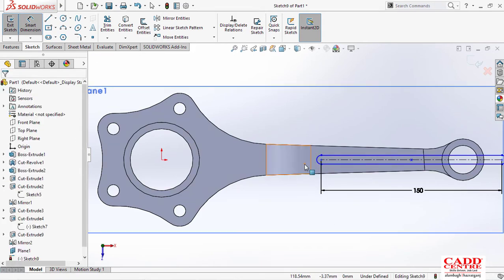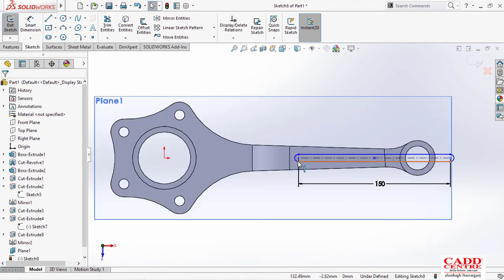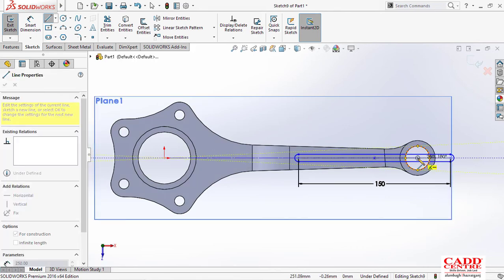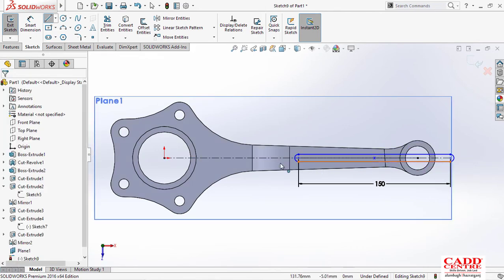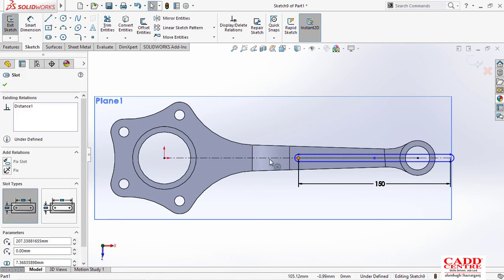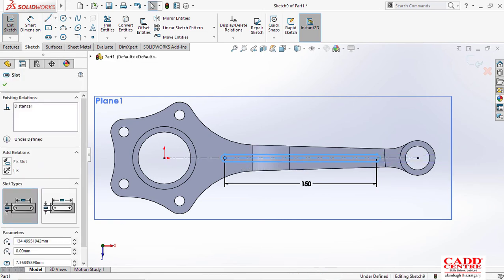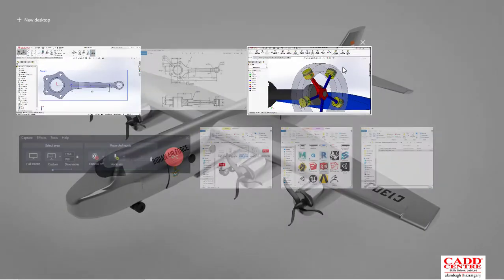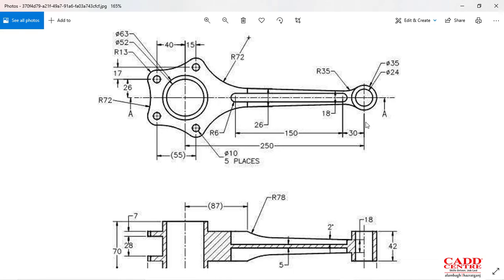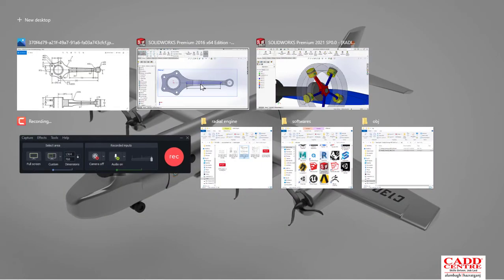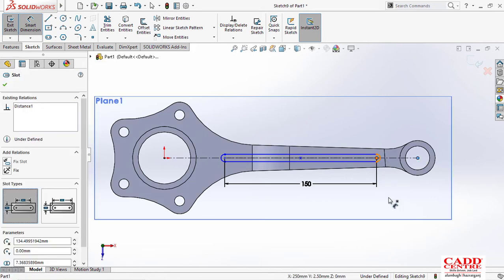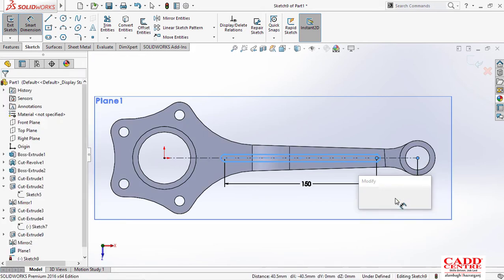Okay, and now I'll make one center line so that it is aligned at that point. I'll track it along this line. As you can see in the previous figure, they have given 30 from that, so I'll give this one 30. This point would be 30.